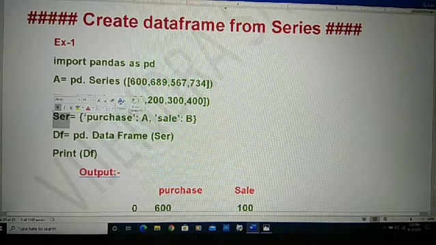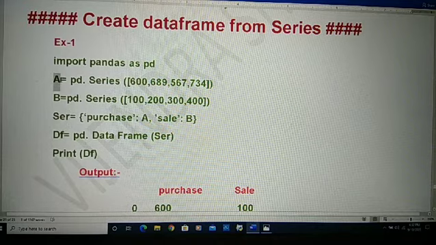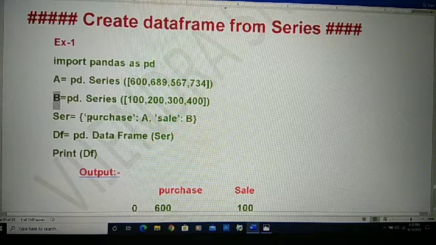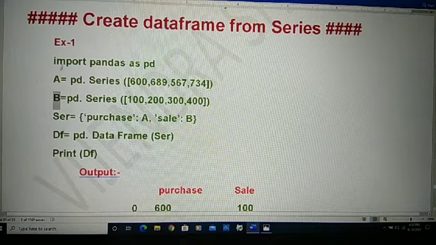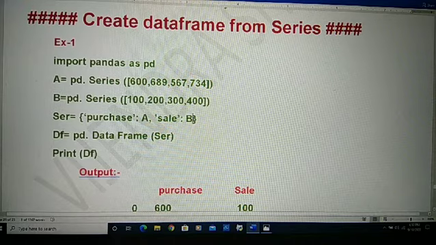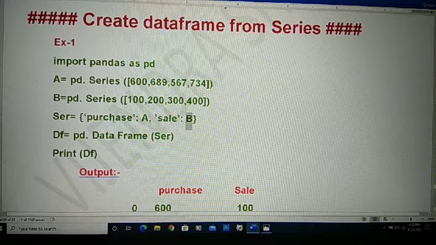Then we pass these series a and b in a dictionary, and a dictionary, you already know, contains key and value. So a and b are the values, and the keys are treated as the index and also the attribute names.